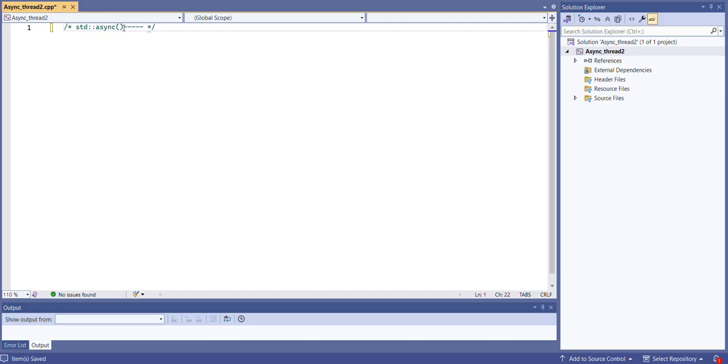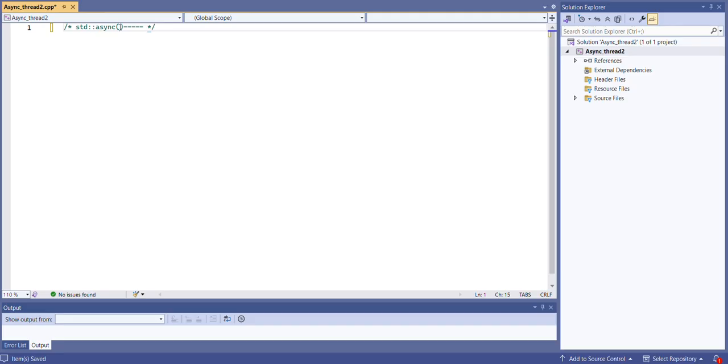So the default policy, what happens here is whatever the background task, whatever the callable object we mention within this parenthesis, that callable object, that function